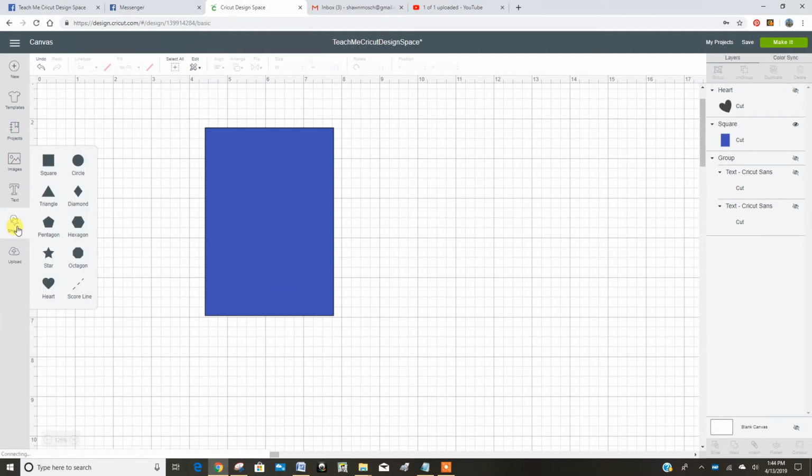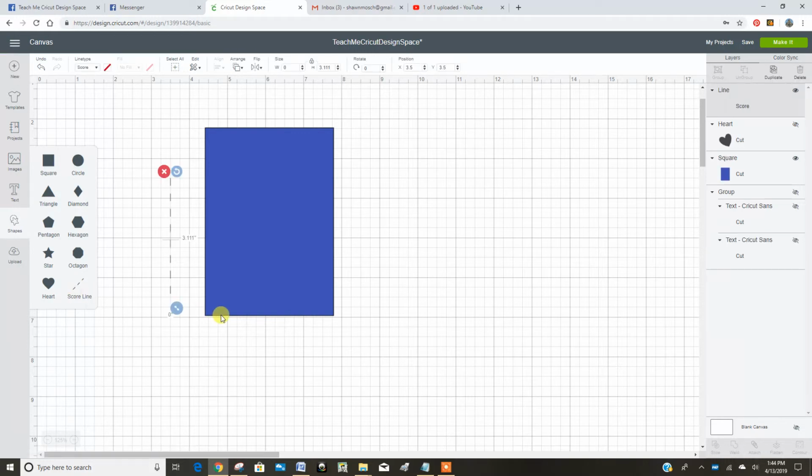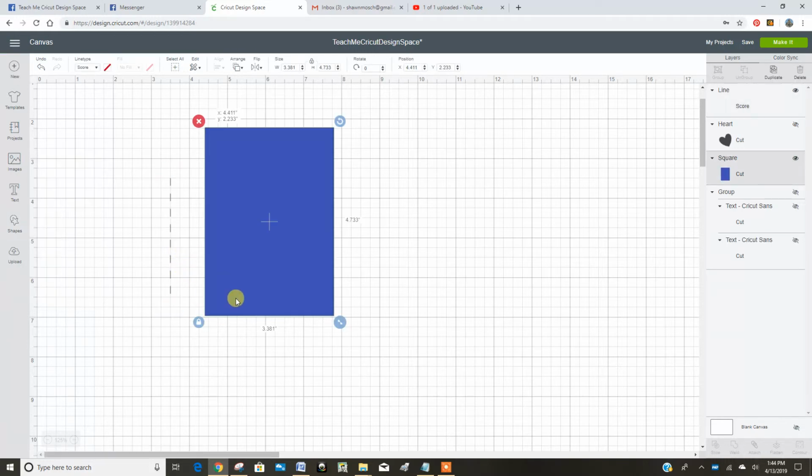Something I use a lot under shapes is the score line. So if I was making a card,